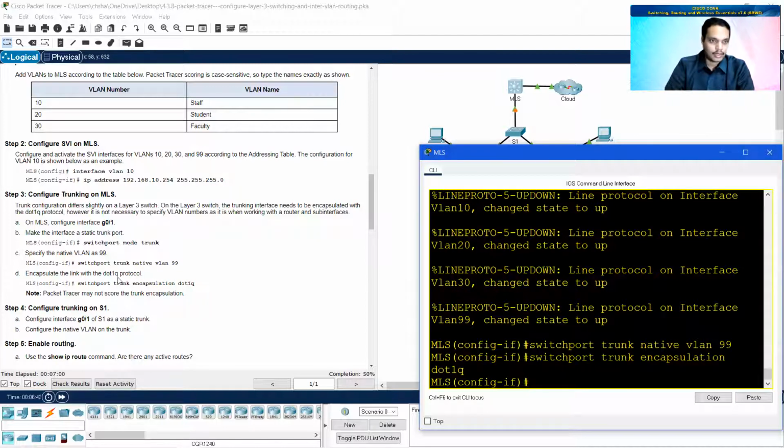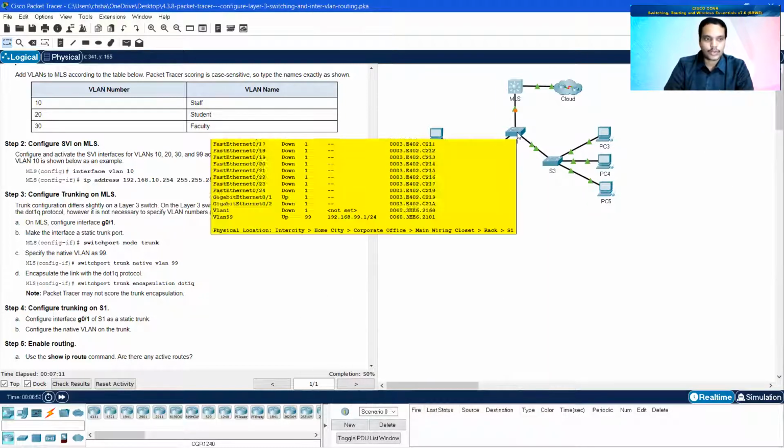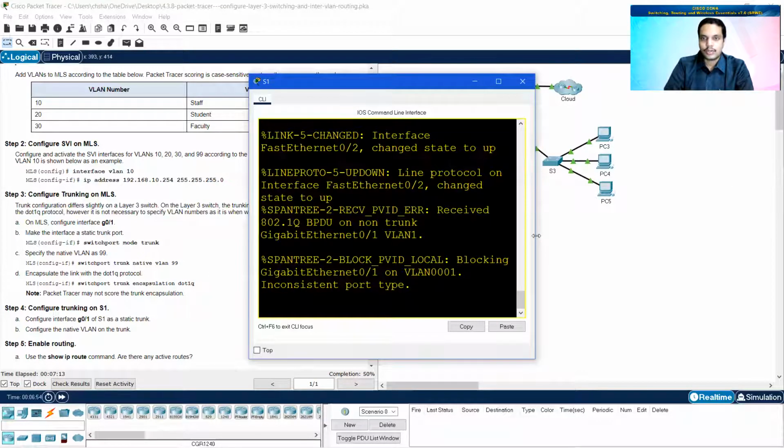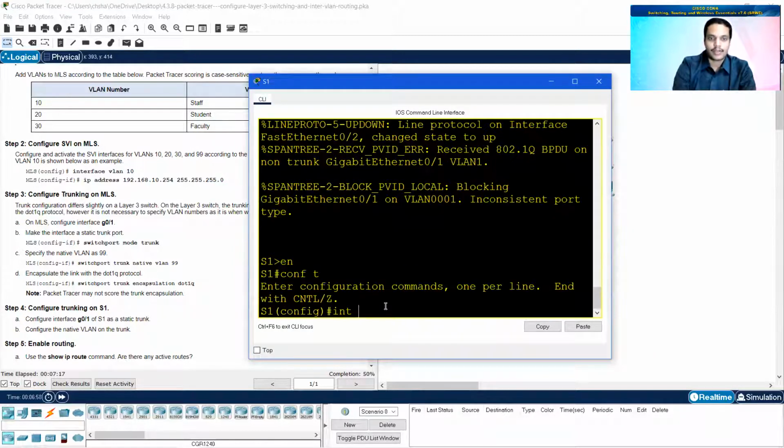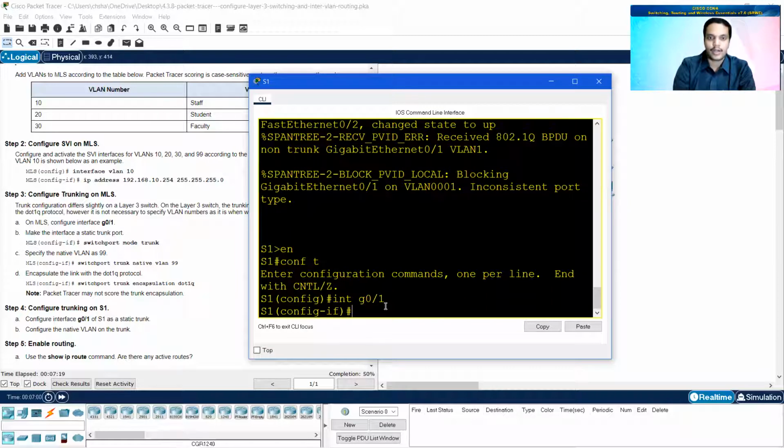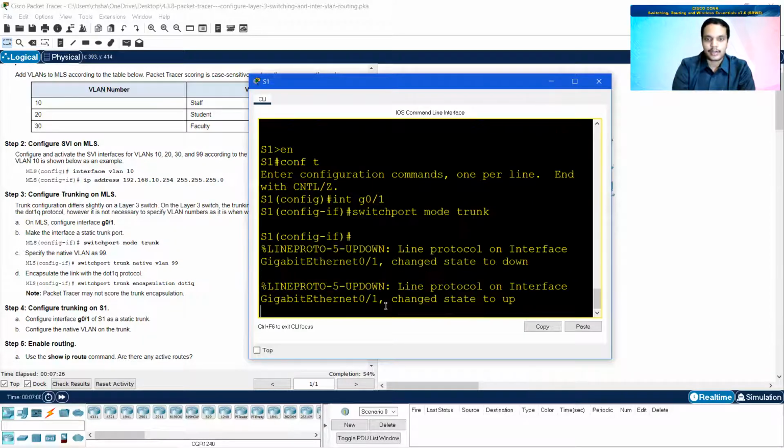So that is done. Now once we made this port on MLS a trunk, I need to configure the port on S1 also as a trunk. So let me go to S1 and do the same commands. Configure terminal, interface G0/1, enter. Switchport mode trunk, enter.